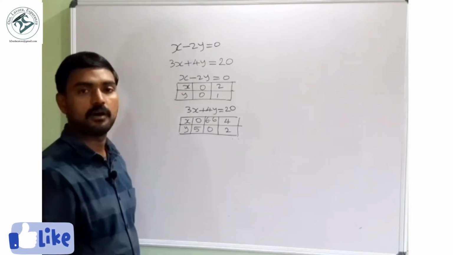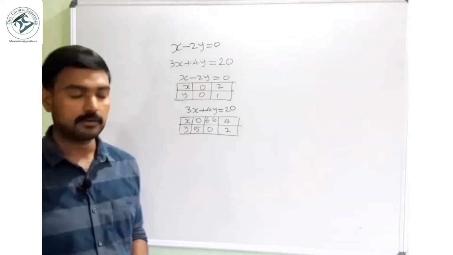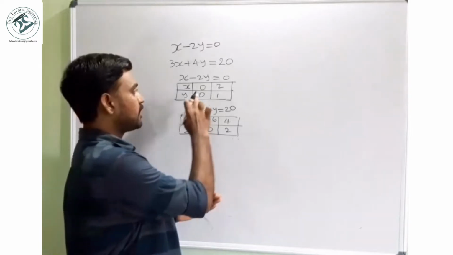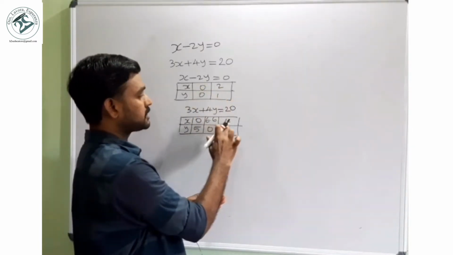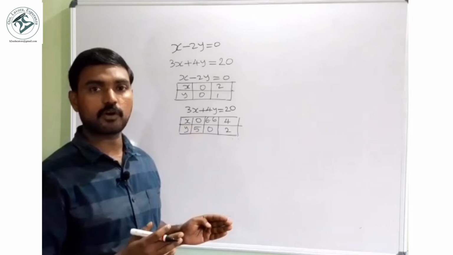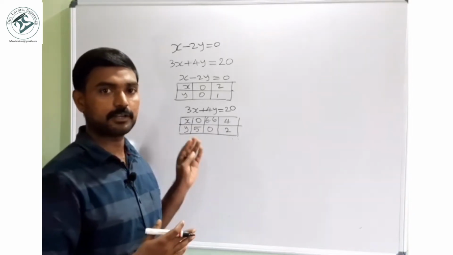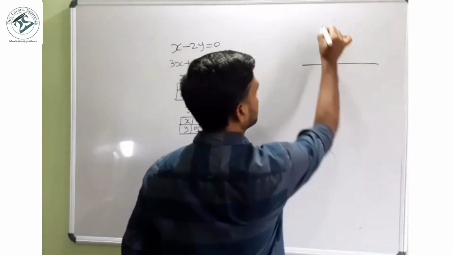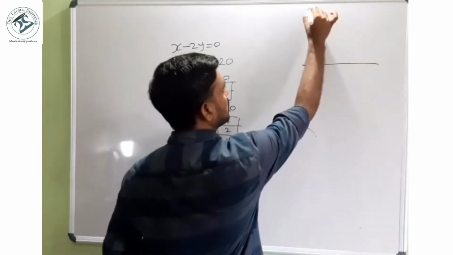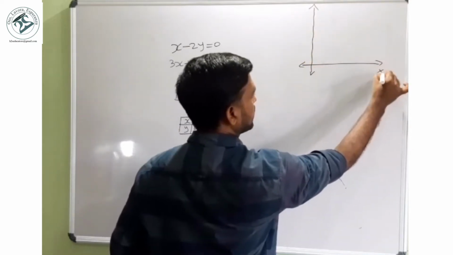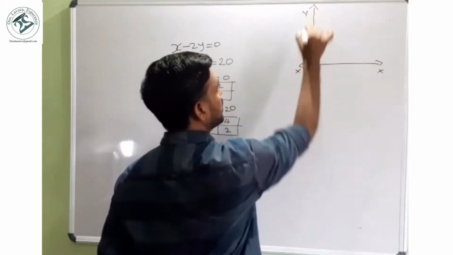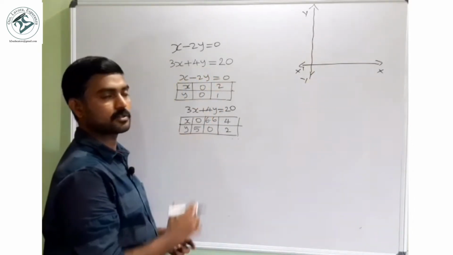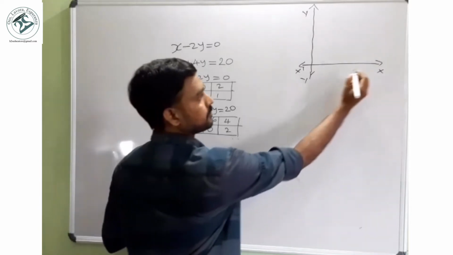Now we are going to draw the graph of the equations. When we draw the graph of an equation, first you observe the x values. Here 0, 2, 0, 6.6 and 4. The smallest value is 0, highest value is 6.6. So by including these two we can draw the graph. So I am drawing the graph. Here x, x dash. Here y, y dash. In y, smallest value 0, highest 5. So by including this we can plot the points.